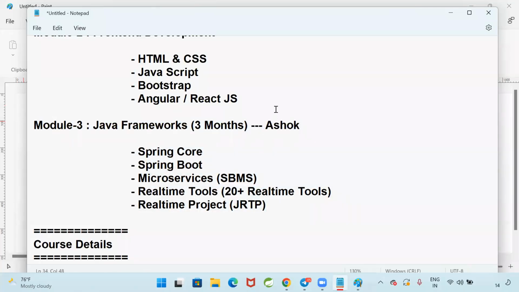Okay. Now Angular, I'm going to teach. React, I'm not going to teach, guys, because I'm not good with React. I have not worked with React.js in my company. In my company, we are using Angular. If you want to attend Angular, then you can come to my classes. If you want to go for React, a separate trainer will be available for you. I'm not perfect in that area, so that is the reason I don't want to teach you React. I am perfect in Angular. I can teach you Angular.